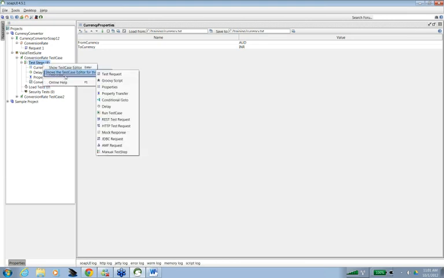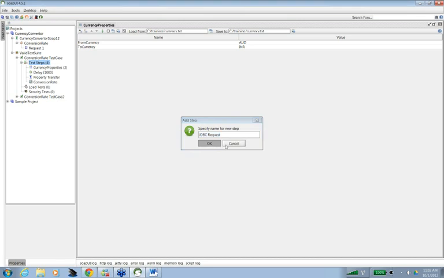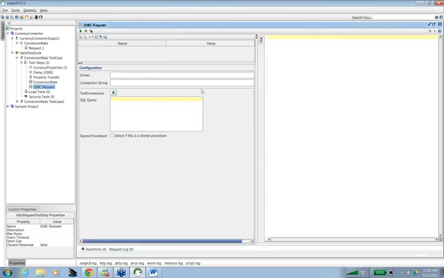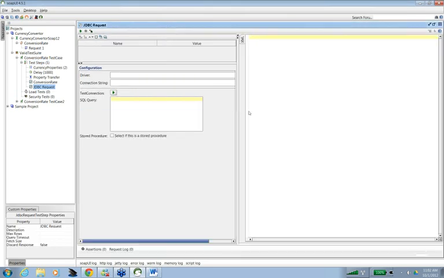And then, what else? I can do a JDBC request also. So let us do a JDBC request. JDBC means Java Database Connectivity.